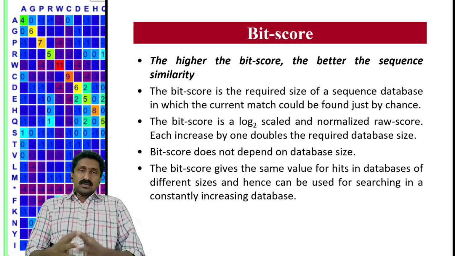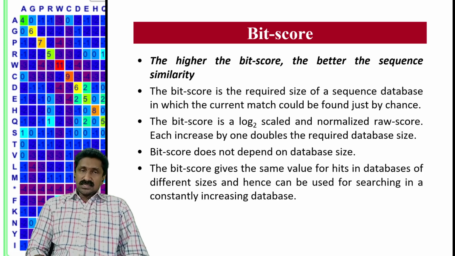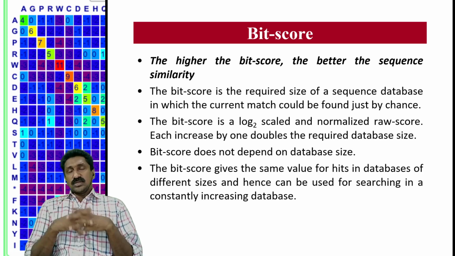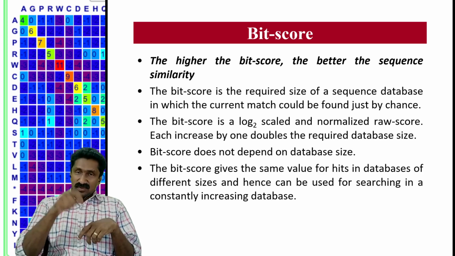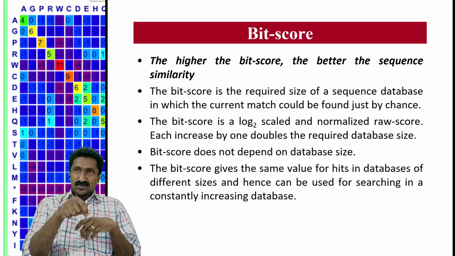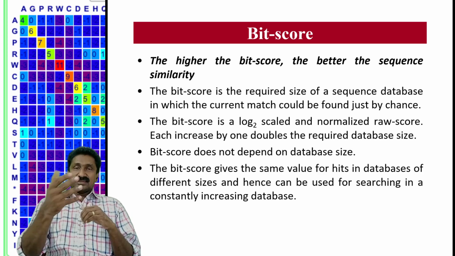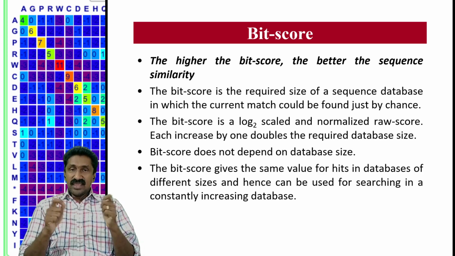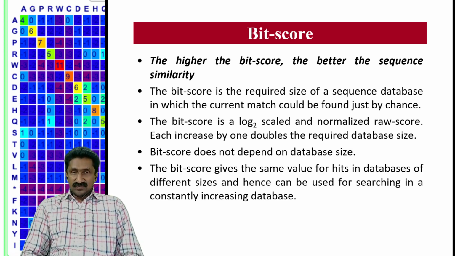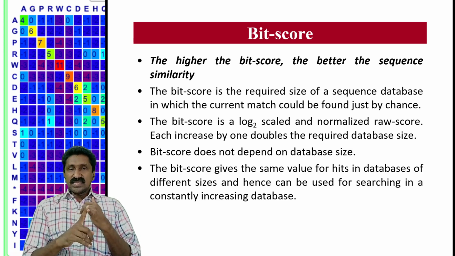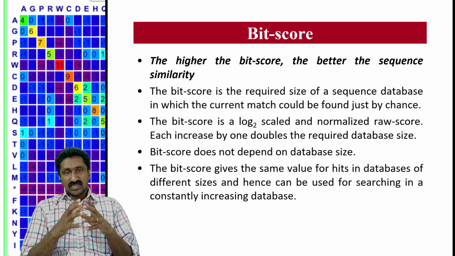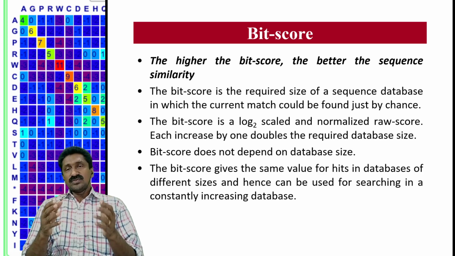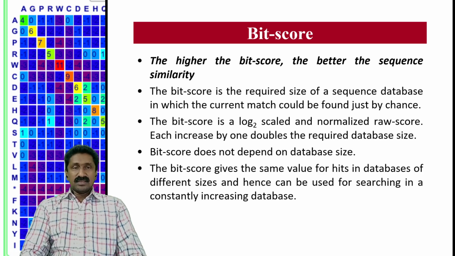Now the next one is bit score. Bit score means the higher the bit score, the better the sequence similarity. So that's what we want to consider. In the e-value, the lower the e-value, the better the alignment, whereas the higher the bit score, the better the sequence similarity. So the bit score is the required size of a sequence database in which the current match could be found just by chance. For example,